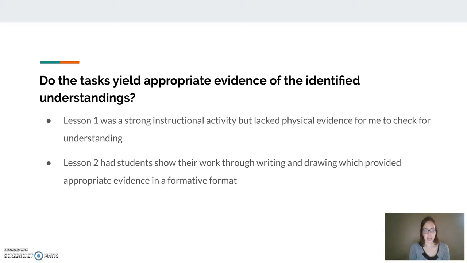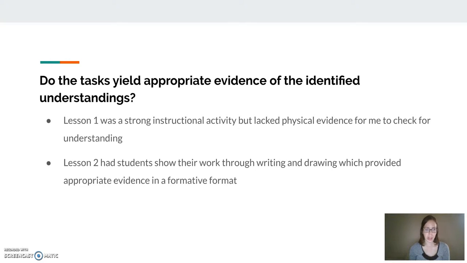So to answer the question of whether these tasks had appropriate evidence of the identified understandings, I think that the first lesson with building the arrays with the tiles was a strong instructional activity, but I lacked physical evidence for me to check for their understanding. I felt like I was running around trying to assist and see this, but I wish I had had a physical exit ticket or something from that lesson that I could have looked at